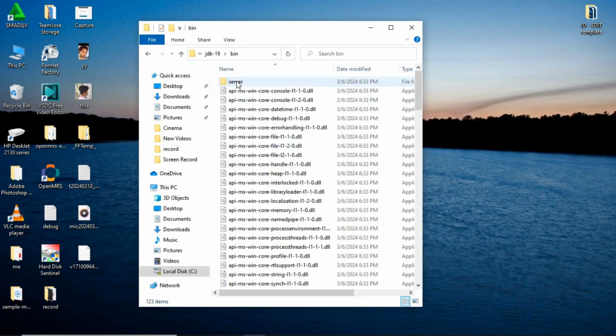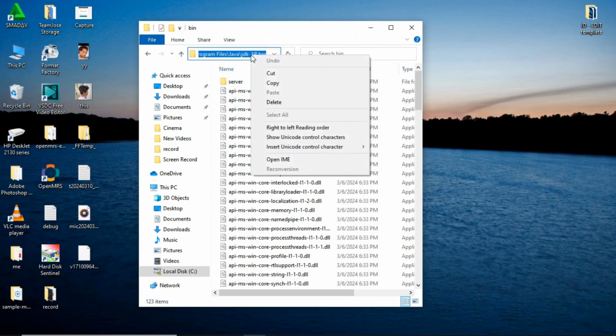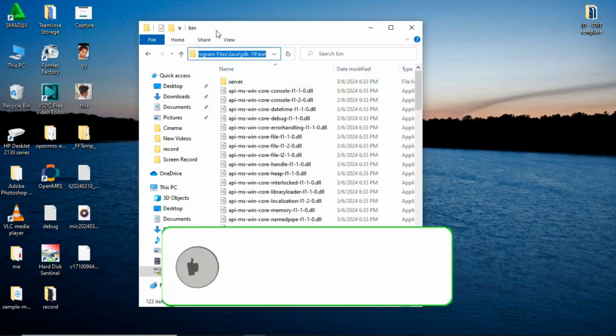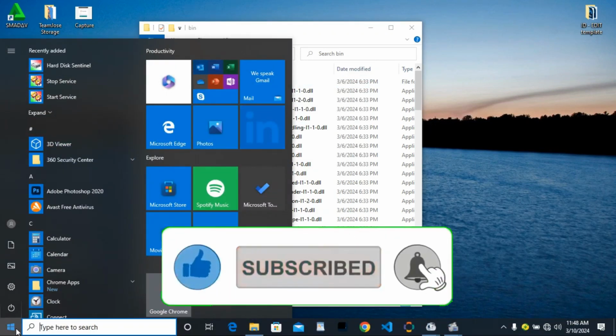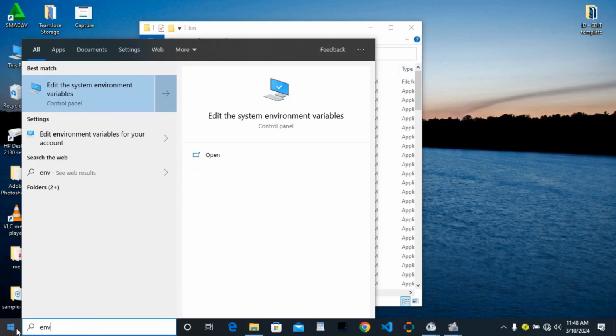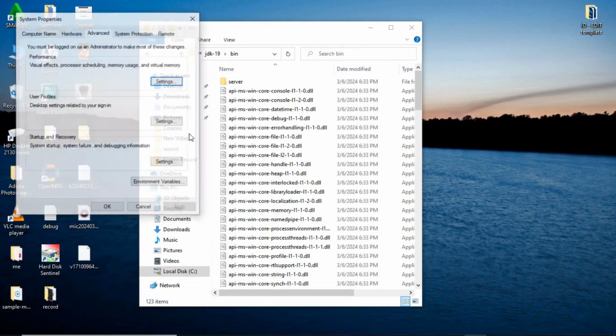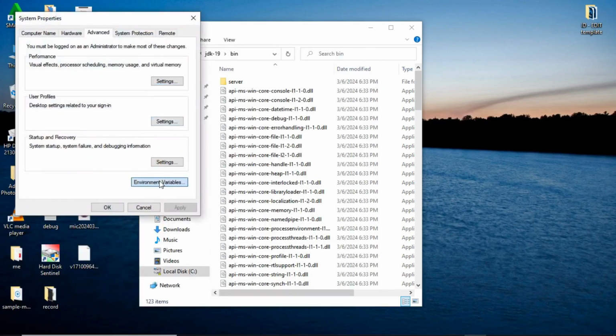So select that link at the top and copy. Then just go to the start and search for the environment, type env, environment, and then select the